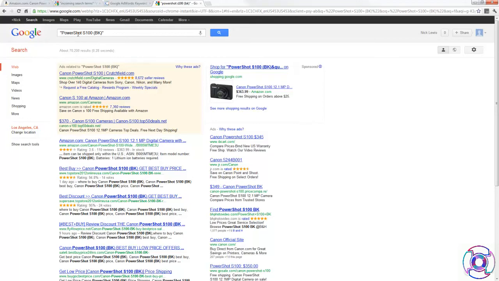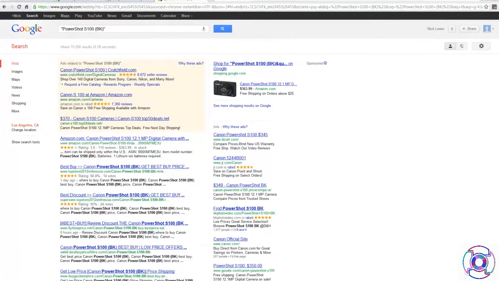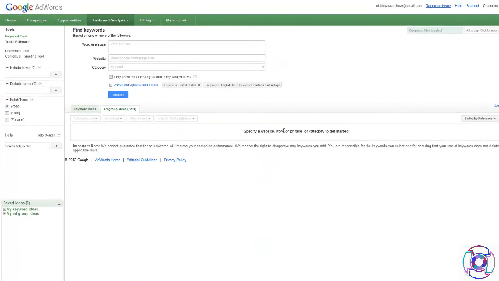So the next thing we want to do is go to the Google Keyword Tool and do some additional keyword research. So here we are at the Google Keyword Tool. The Google Keyword Tool is essentially for people that are advertising on Google. It shows you how much competition there is for a certain search term. It also shows you how many search results there are. But we're going to use it for